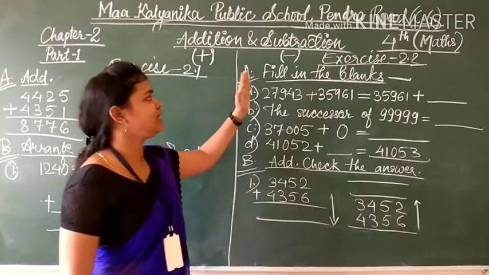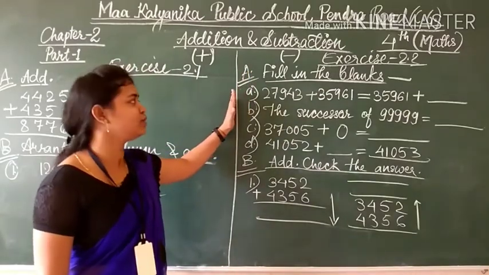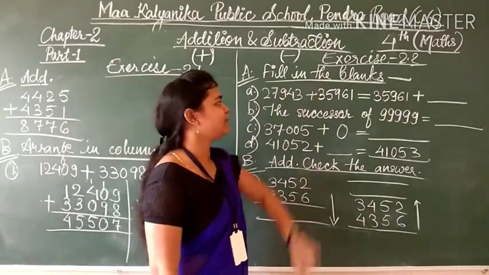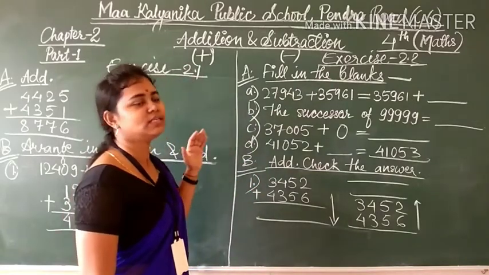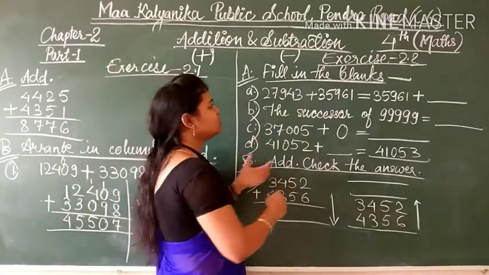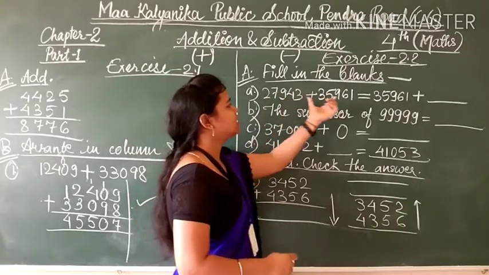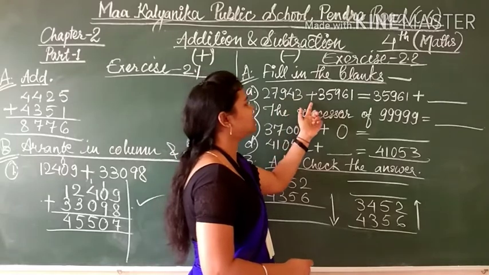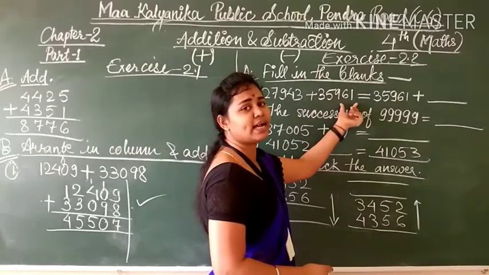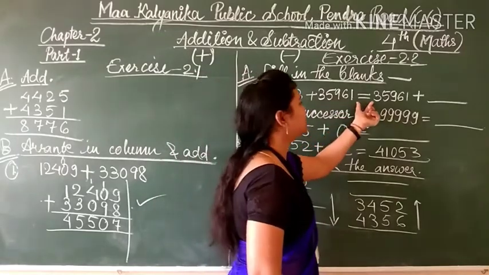So see here, fill in the blanks. Exercise 2.2, question A is fill in the blanks. Certain rules will be applied to this question. So see students, the two numbers are given here: 27,943 plus 35,961 is equal to